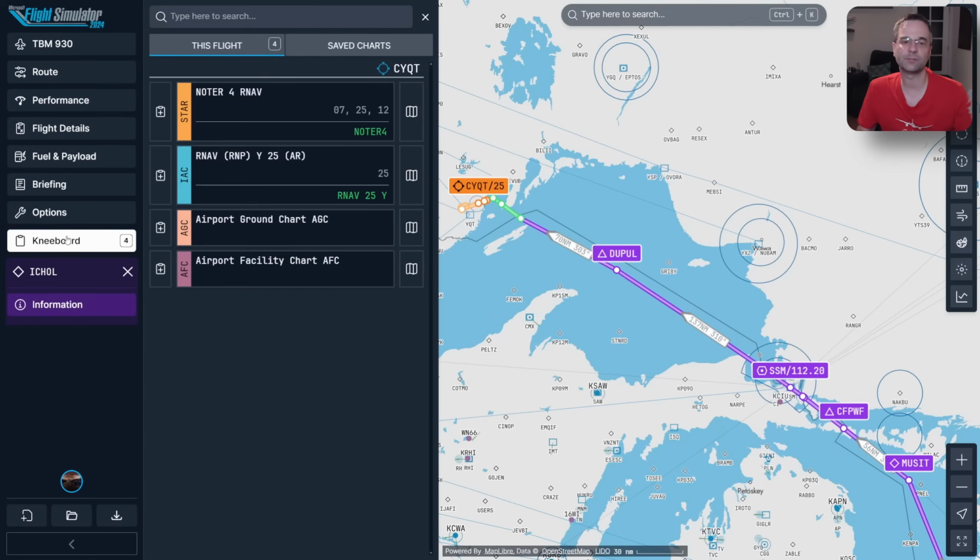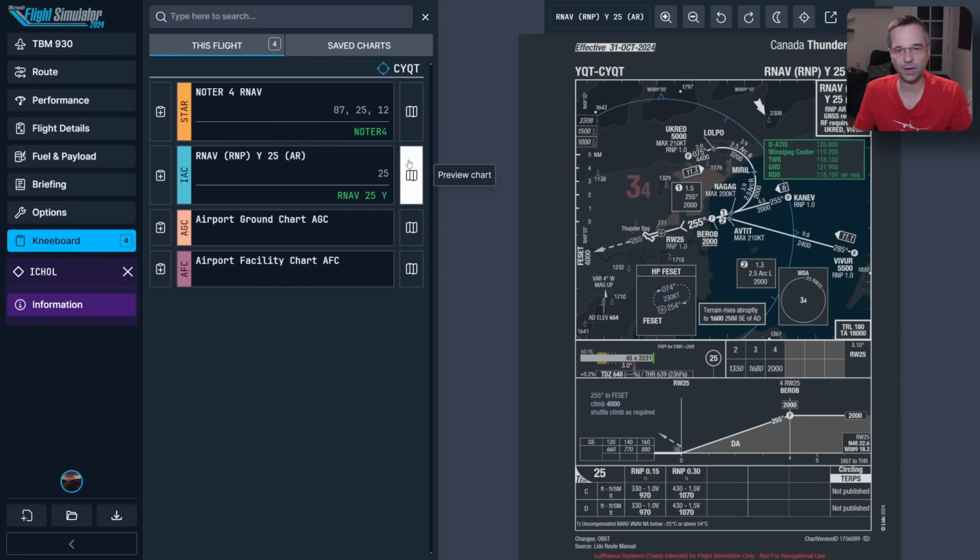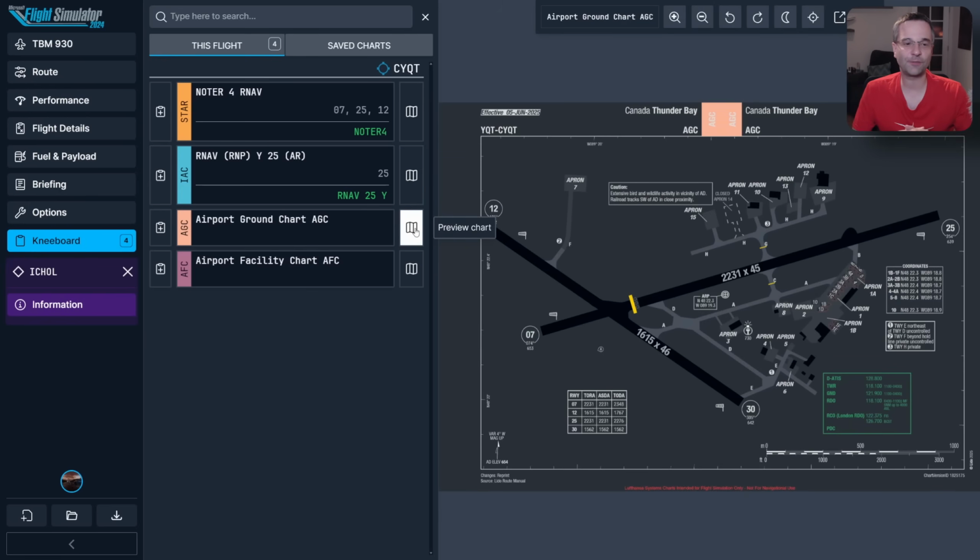The last thing of note is the knee board, where you'll find all of the charts that are relevant to the flight that we just created, from airport diagrams and all of the procedures that are relevant to what we picked. It makes for a really quick and easy way to access the charts if you leave this open on a tab somewhere while you're flying, but it'll also be available in Sim if you prefer to do it that way. With all of that in place though, you're ready for your flight,